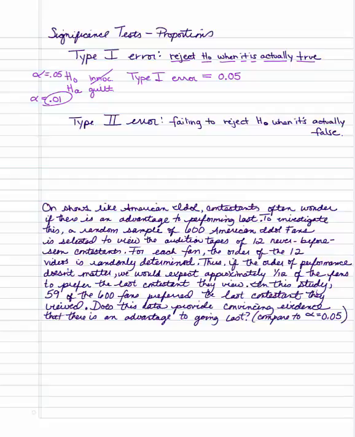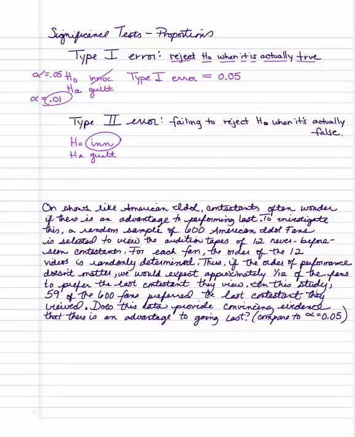Now the thing is there's a balance, because a type 2 error is failing to reject the null hypothesis when it's actually false. That means you have your innocence and you have guilty. And it's failing to reject the null hypothesis, so you feel someone is innocent when they've actually committed the crime and they're actually guilty. And that's a pretty big problem too. You wouldn't want to declare someone innocent and let them out on the street if they were actually